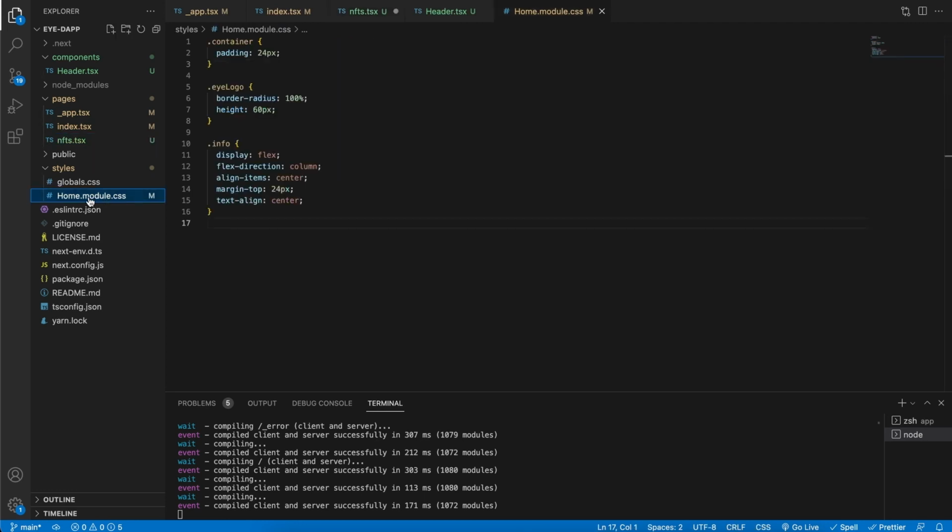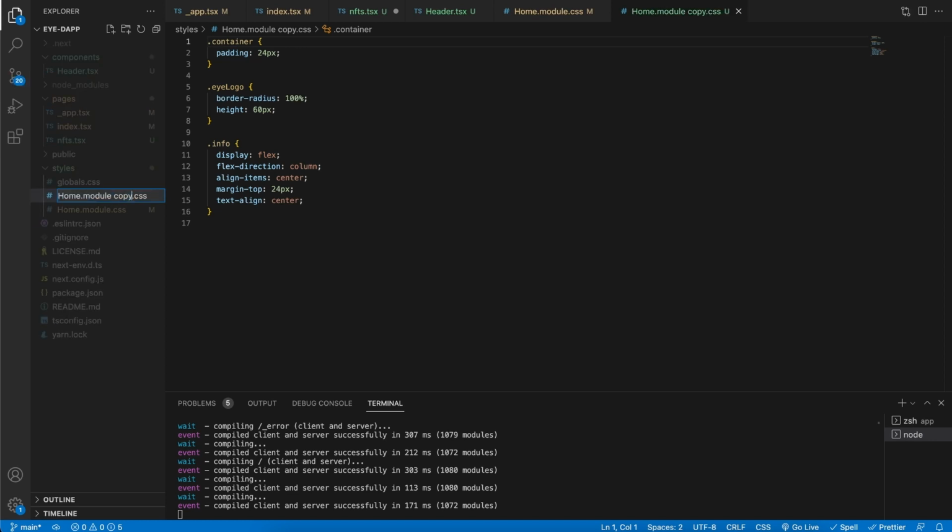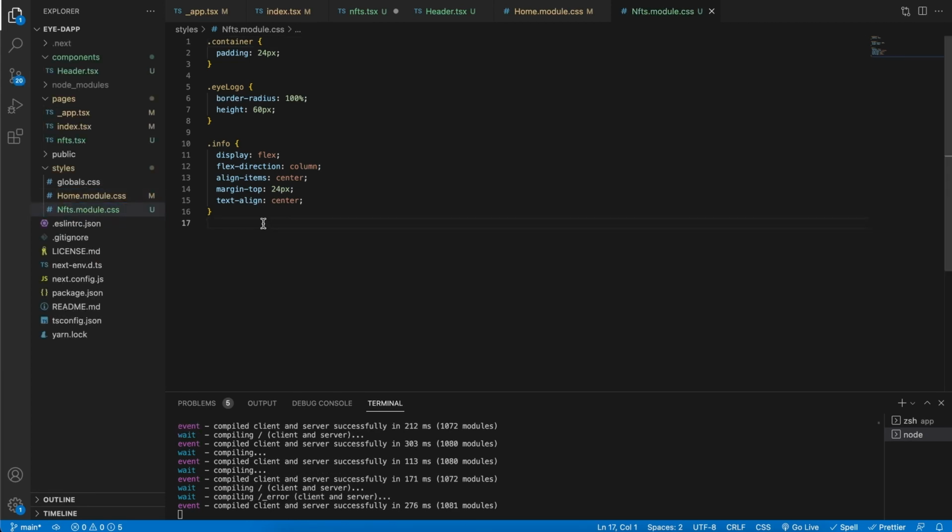So in a similar way, we can copy the home.module CSS and change this to the NFTs module. Regarding the styles, we're going to replace it with these two classes. Very similar, but a little bit different. So go ahead and copy the styles in the